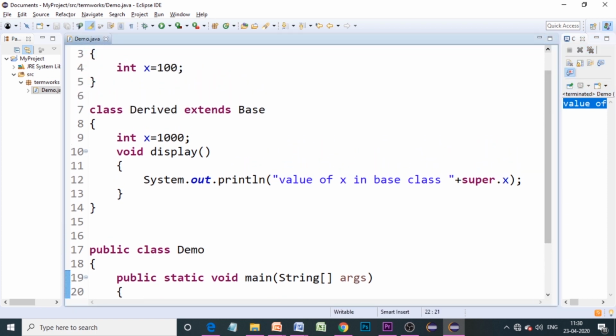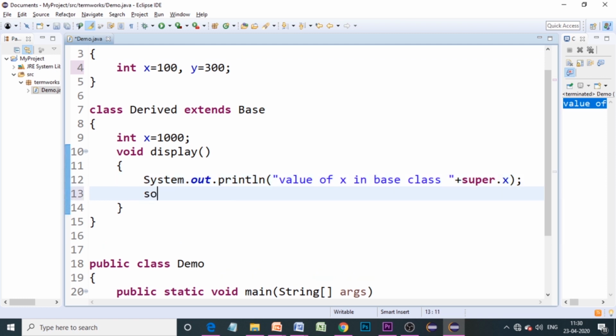If it was different, then obviously, let's say for example I will take another variable, y equals 300. Here I would like to print the value of y along with x.